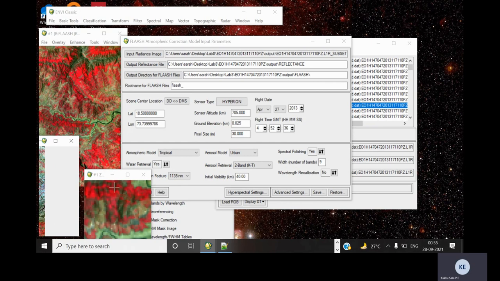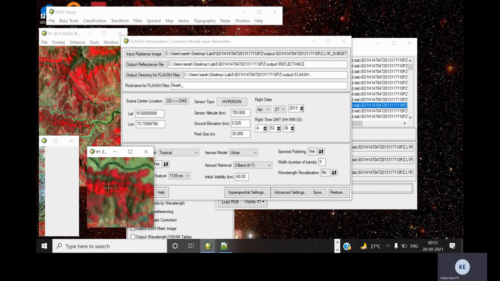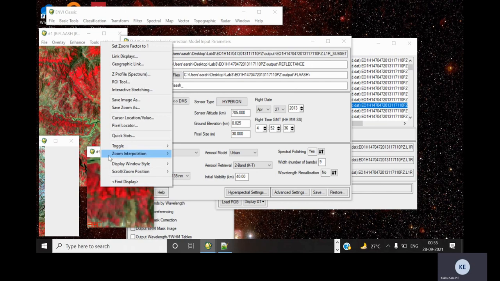Now we just plot the surface reflectance curve for vegetation. For that, click your mouse cursor on a vegetated area, right click and select set profile.